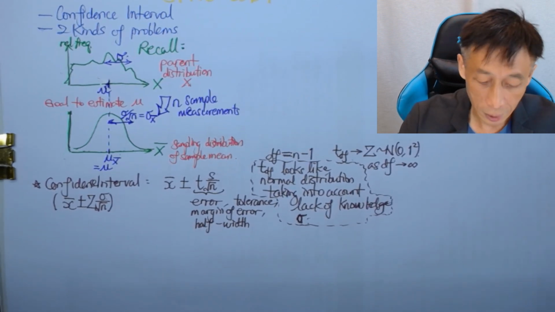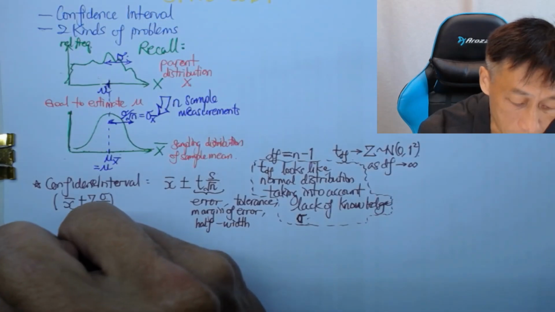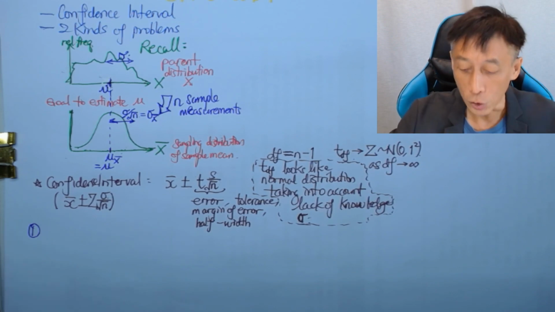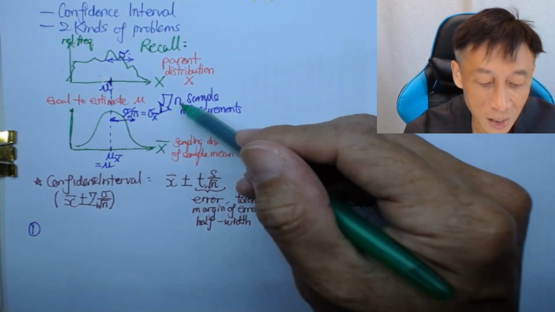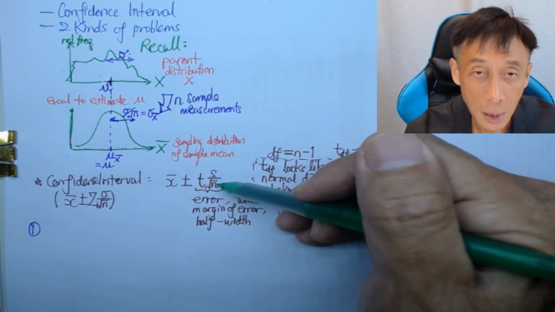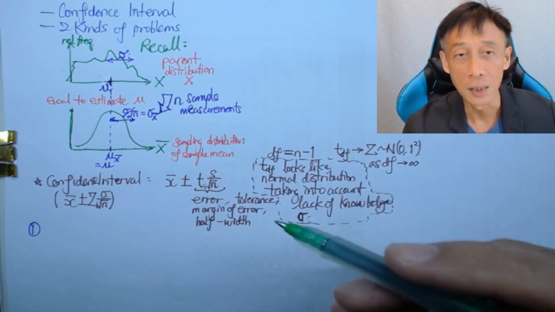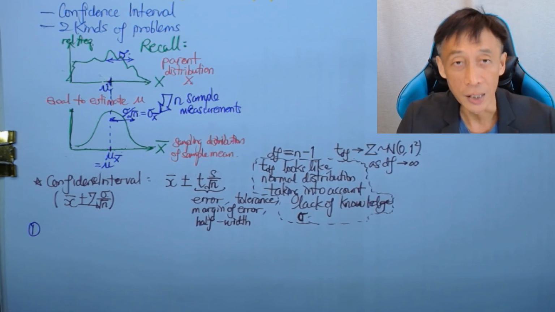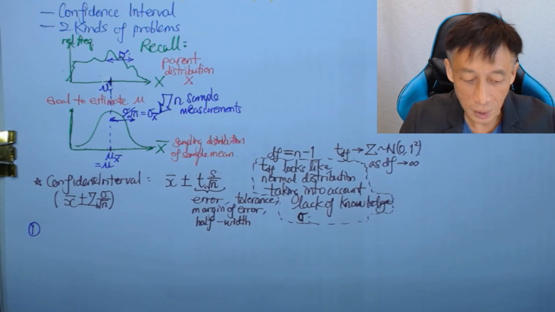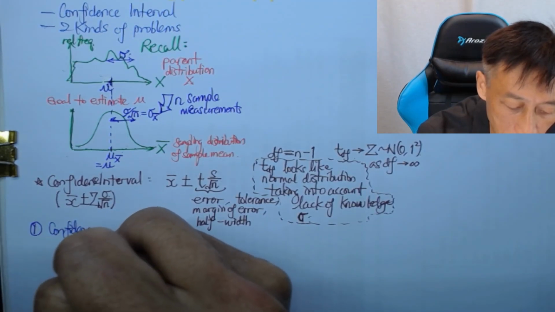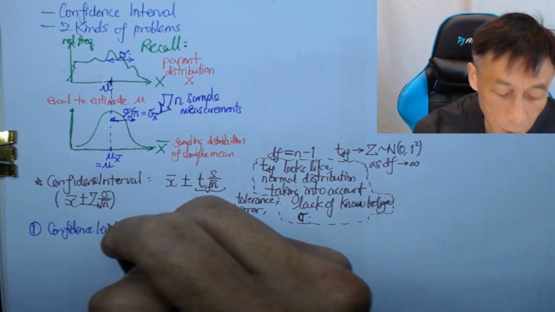So the first step is simply to take the measurements. I'm assuming that we have already made the n measurements. So we have calculated x bar, s, n, and t, right? So t is the value we get from a given confidence level. So the confidence level, right, is a value